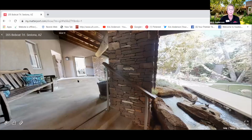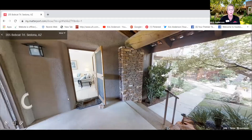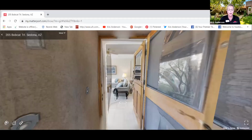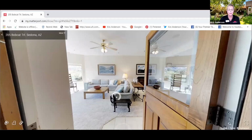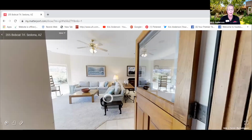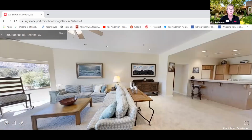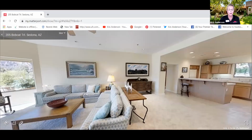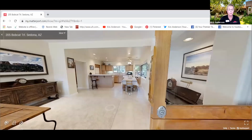Now I'm going to go and take you through the guest house. And once again, there's another exit to go out to the properties. There's grass. There's the high desert. It's just a lush, beautiful place to be. Now we've got the guest house. This is a 2-bedroom, 2-bath guest house, full-on formal dining, full kitchen,